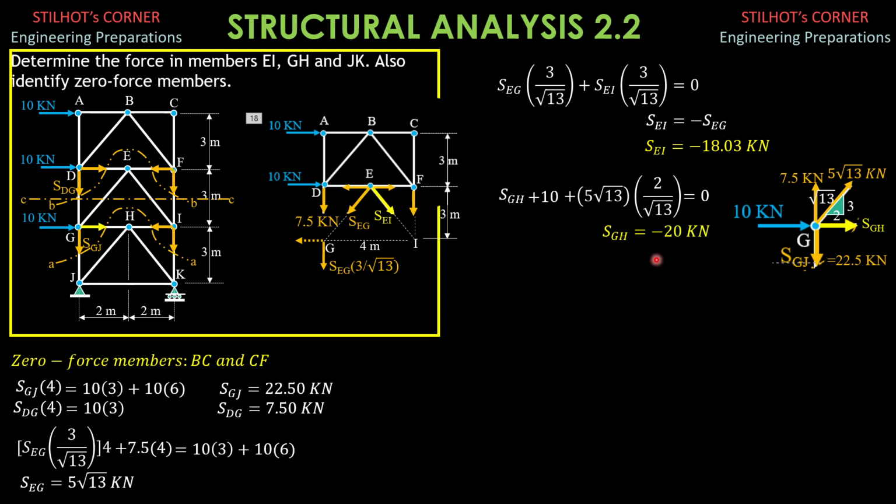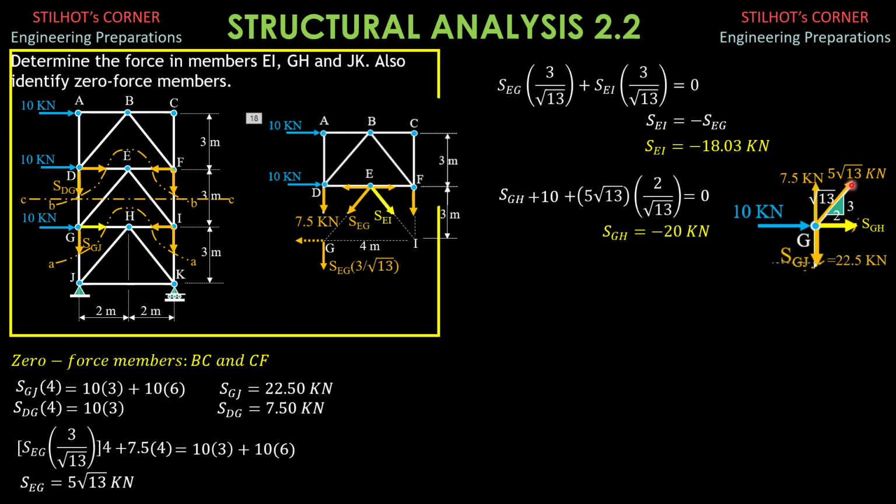So SGH is a compression. Member GH is a compression member also. So it has a magnitude of 20 kilonewtons. So it is compression. So to validate these answers, we check the equilibrium of joint G by summing up forces